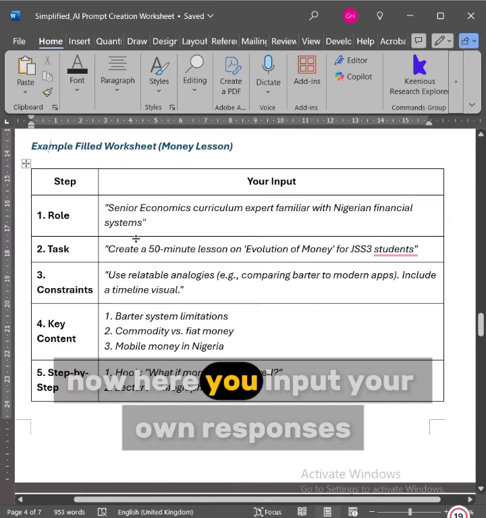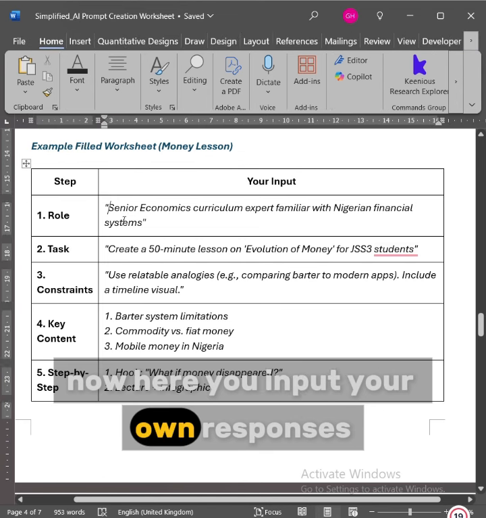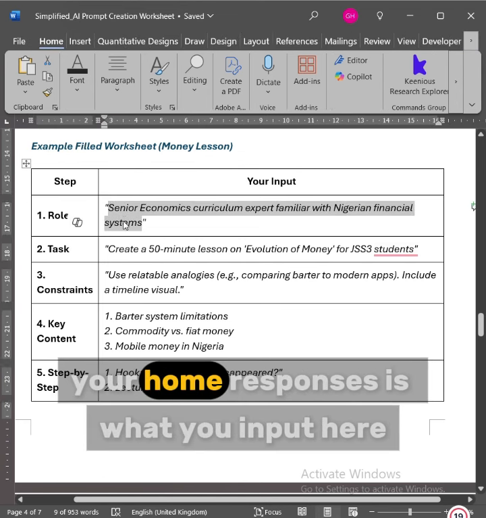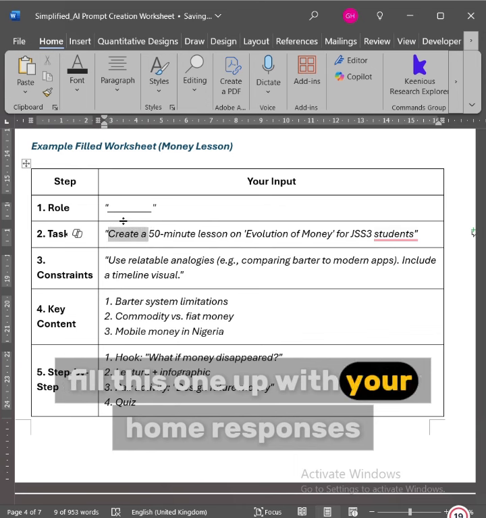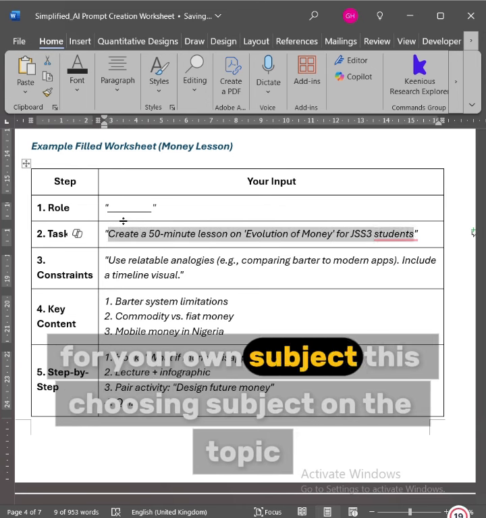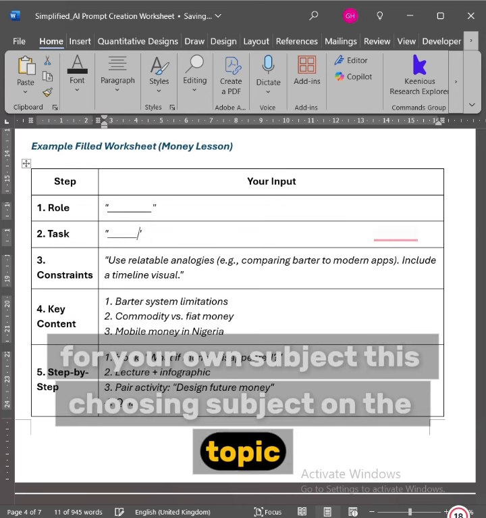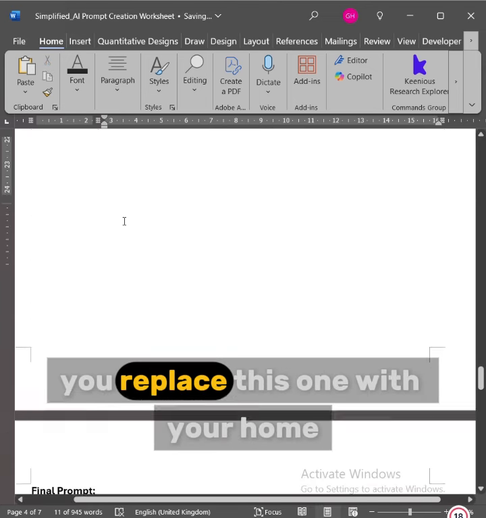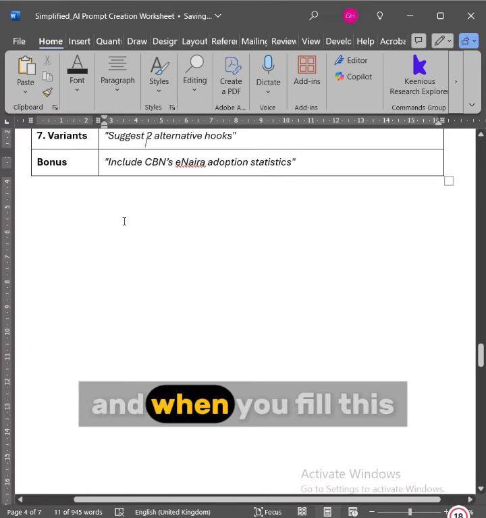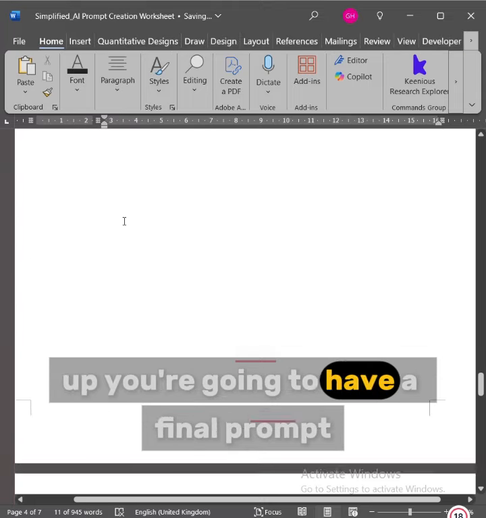Now, here you input your own responses. Fill this one up with your own responses for your own chosen subject and the topic. That is what you do here. You replace this with your own, and when you fill this up, you are going to have a final